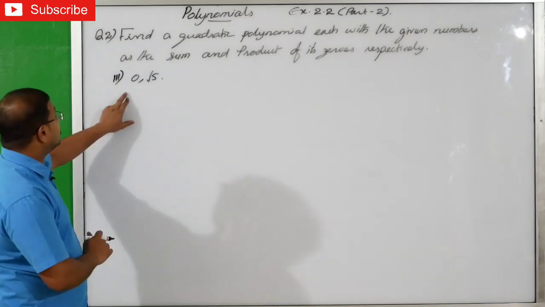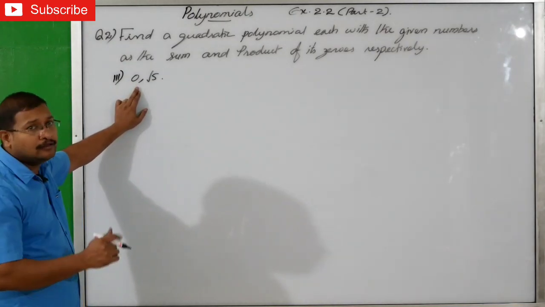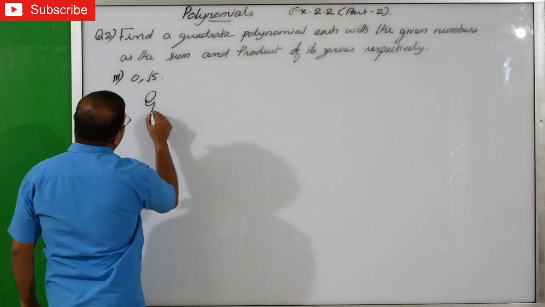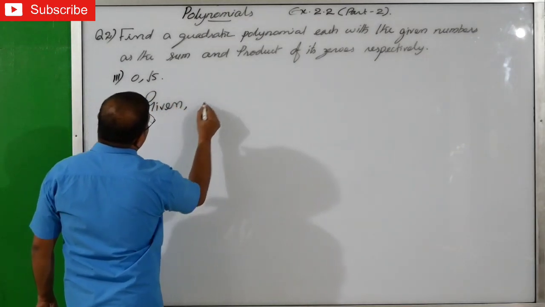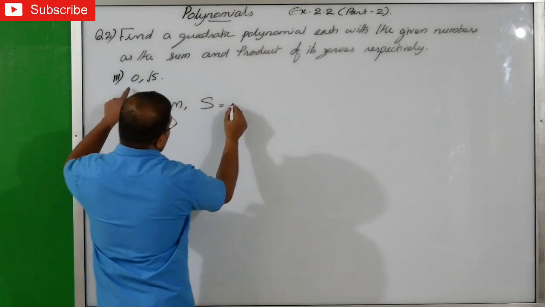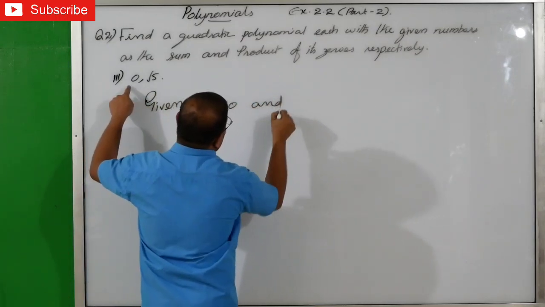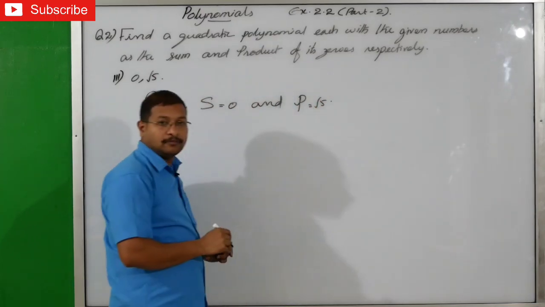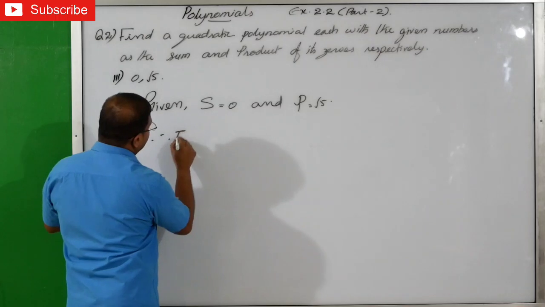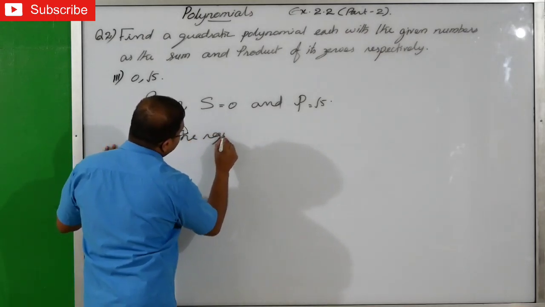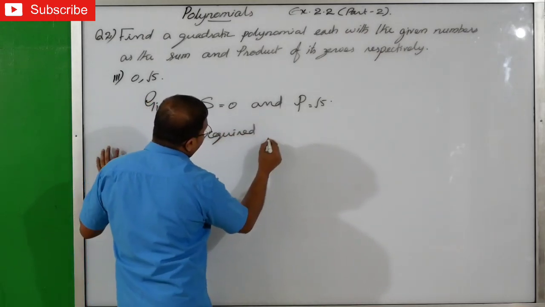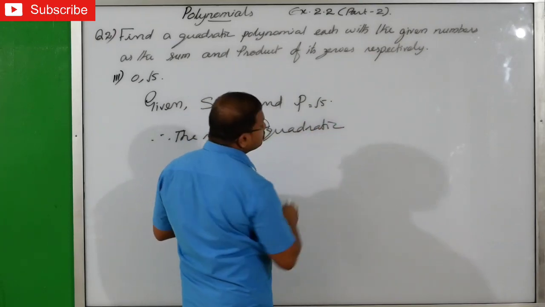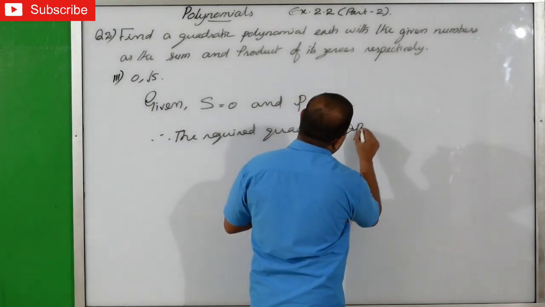Question 3, that is sum is 0 and root 5 is the product. So that means you will write given sum of the zeros equals 0 and product of the zeros p equals root 5. Ready? Therefore, the required quadratic polynomial is